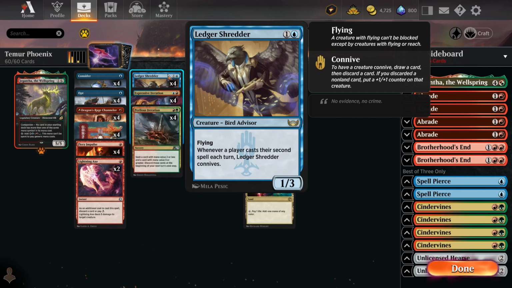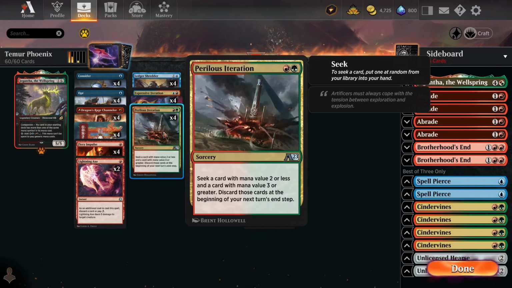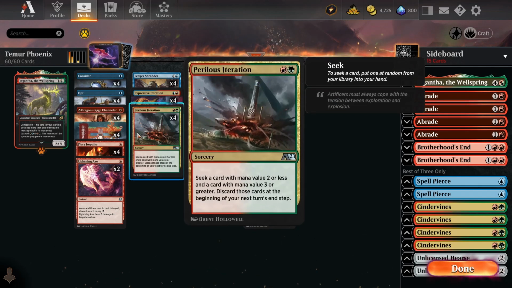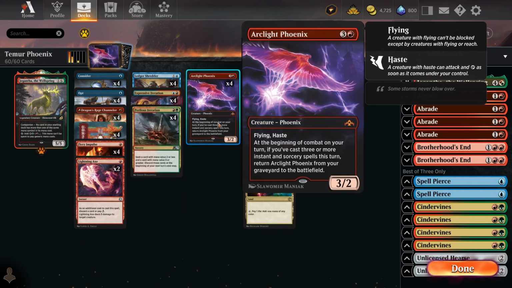Now, if you're running regular Izzet, I'm not sure you need to be maxing out on 4 Shredder. I'd probably be playing 3 if I was playing regular Izzet, but I really like Legishredder in this particular build because it works really nicely with Perilous Iteration. If you have a Shredder in play, you can cast Perilous Iteration as your first spell, which guarantees you finding